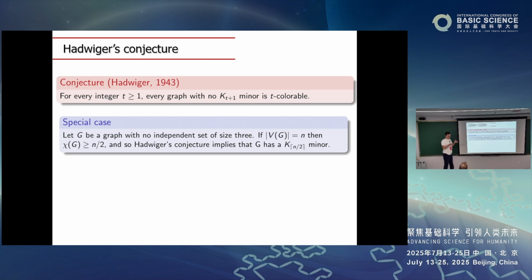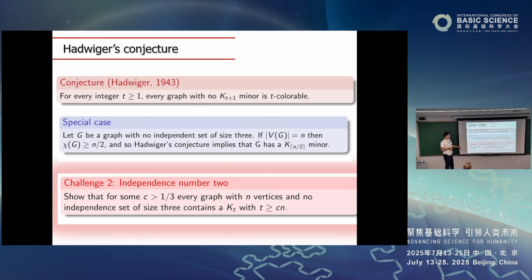So there is a multiplicative gap between what's known and what is believed to be true in this case. And in fact, Paul Seymour, who is probably the expert currently on Hadwiger's conjecture, believes that if the conjecture is false, it's false here. So solving this case is the most important. But in the positive direction, improving the constant 1/3 to anything like 0.33334 would be a major thing at this point.